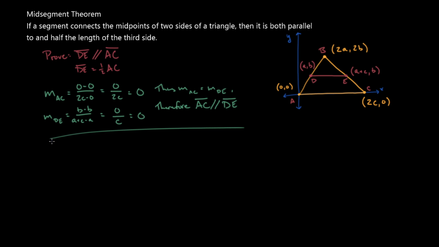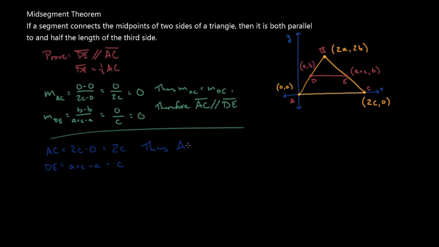So the length of AC will be equal to, well, 2C minus 0, which is just equal to 2C. Okay, so that's the length of AC. The length of DE then is equal to, all right, since my y values are the same, I'm just going to have A plus C, the ending point, minus my starting point, which is A, so I'll be equal to C. All right, perfect. So what that means is, thus,